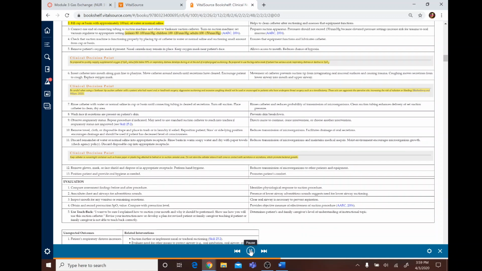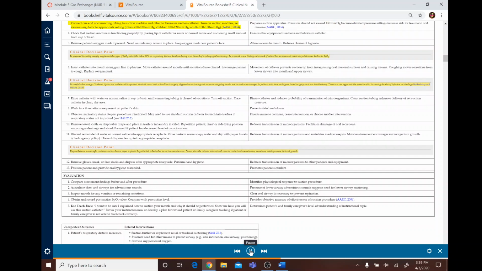2. Fill cup or basin with approximately 100 ml of water or normal saline. Helps to clean catheter after suctioning and assesses that equipment functions. 3. Connect one end of connecting tubing to suction machine and other to Yankauer suction catheter. Turn on suction machine, set vacuum regulator to appropriate setting: infants 80 to 100 mm Hg, children 100 to 120 mm Hg, adults 100 to 150 mm Hg, AARC, 2004. Prepare suction apparatus. Pressures should not exceed 150 mm Hg because elevated pressure settings increase risk for trauma to oral